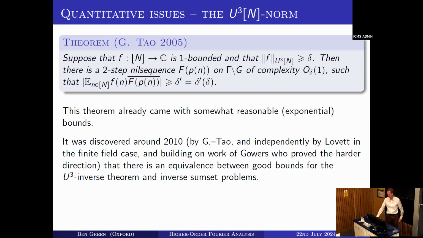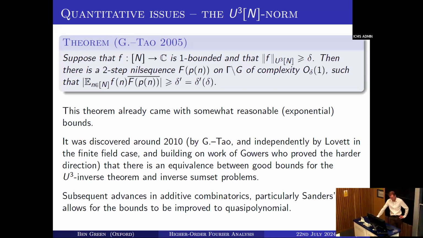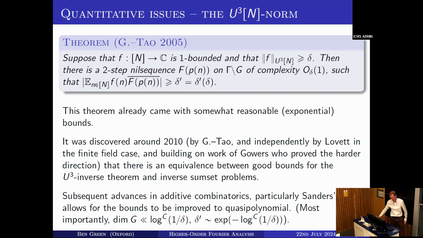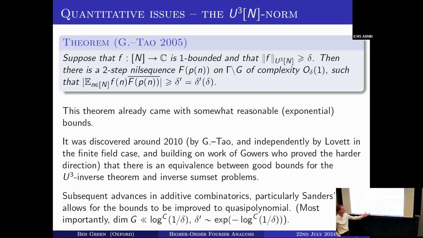So essentially, we had to wait for some advances in additive combinatorics. But they did come along. Sanders' work from about 2011 or so does allow for the bounds in this theorem to be improved to quasi-polynomial. Particularly, the dimension of the group G is just logarithmic in 1 over delta,